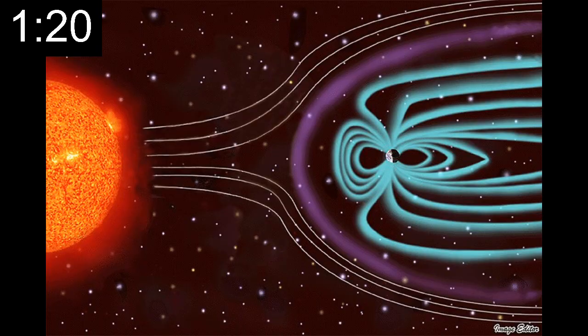These CMEs travel through space as solar winds, and if they reach Earth, they interact with our magnetosphere, which I discussed in the context. In most cases, these particles are deflected around the planet. But if solar activity is strong enough, it can cause disruptions to our magnetic field near the poles where our protective force is weaker. The stronger the activity, the further from the poles it can disrupt.